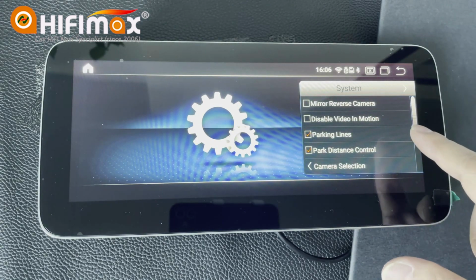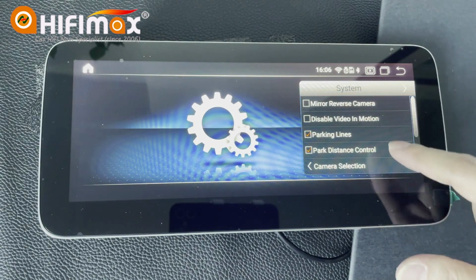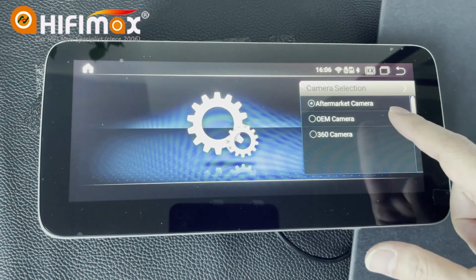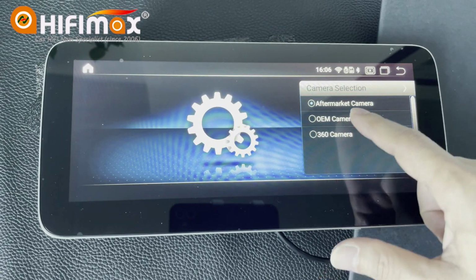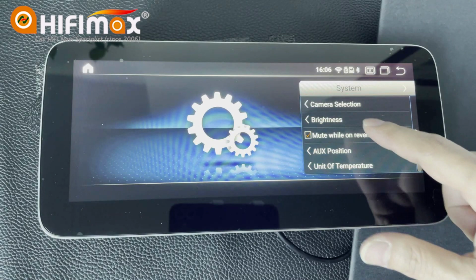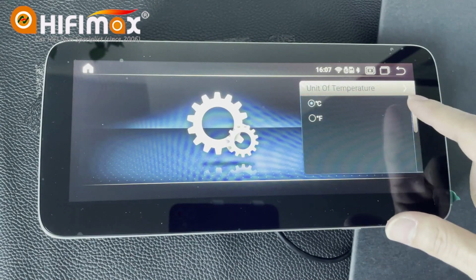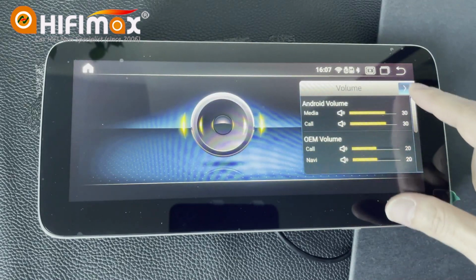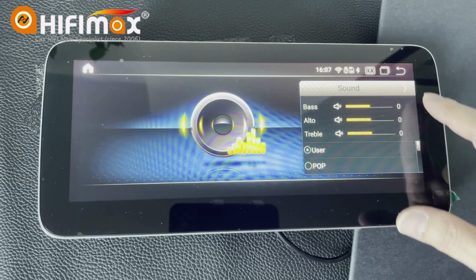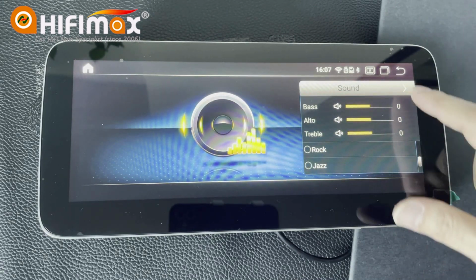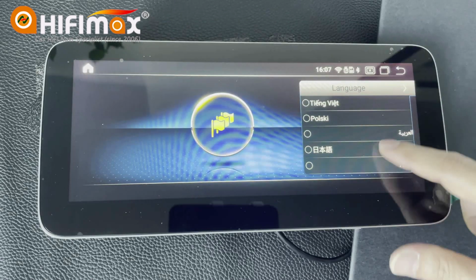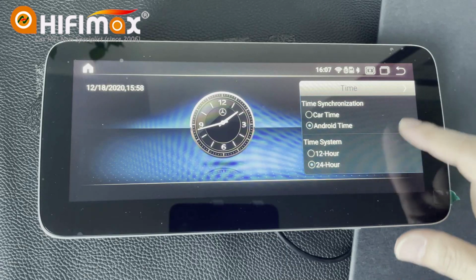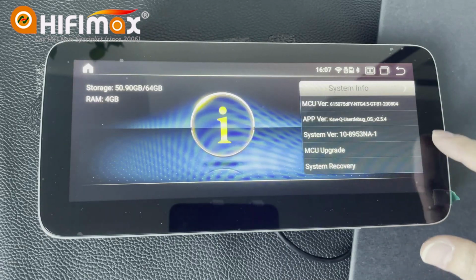These are some settings for the system. Here, camera selection. If you install the aftermarket camera, you need to choose this. Brightness, unit, and navigation. Here, sound, different sound mode, language, time, system,